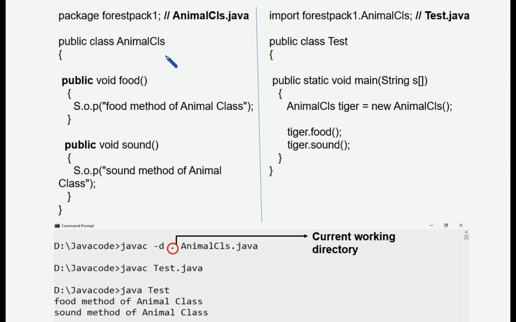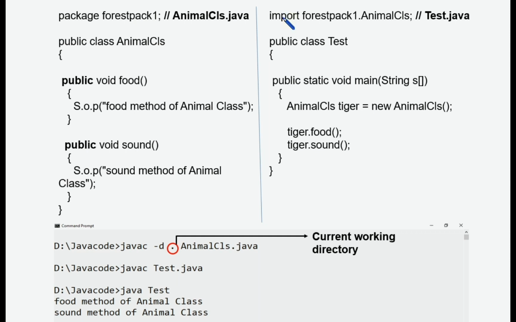In the previous tutorial itself, we discussed package creation and how to import a package. Here forest pack is the package name, which consists of a single class, namely the animal class. Inside this animal class, there are two public methods, namely food and sound. Now we are going to import this package inside this class.